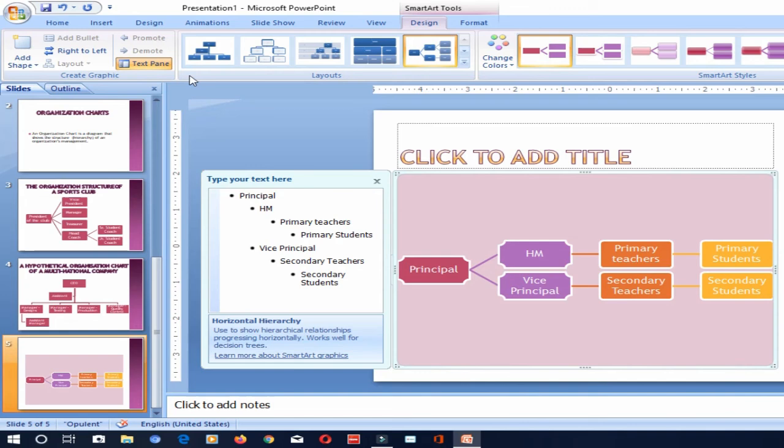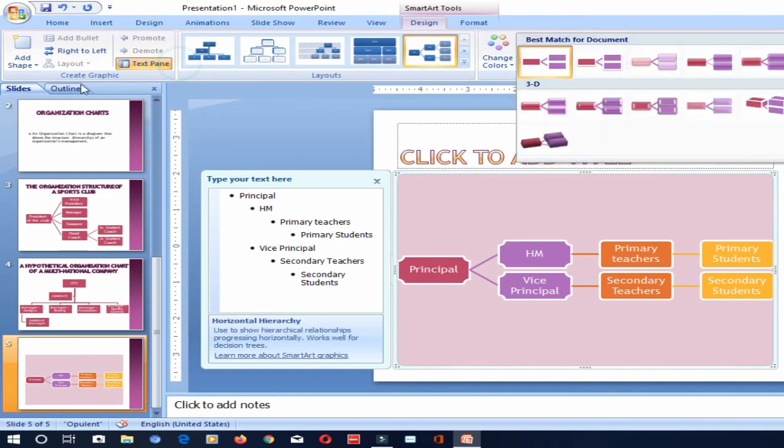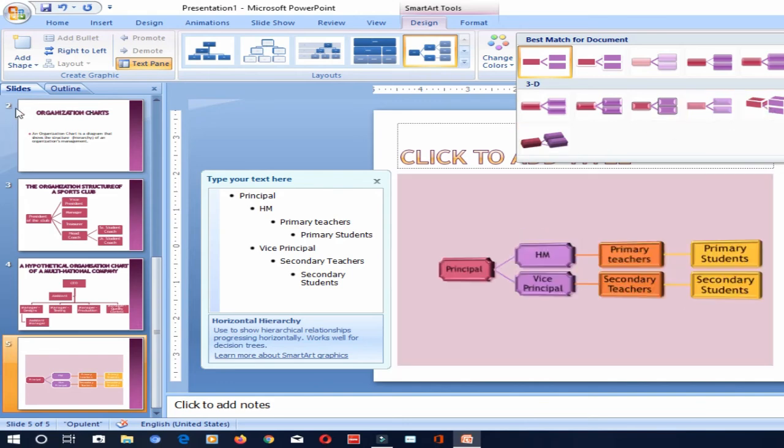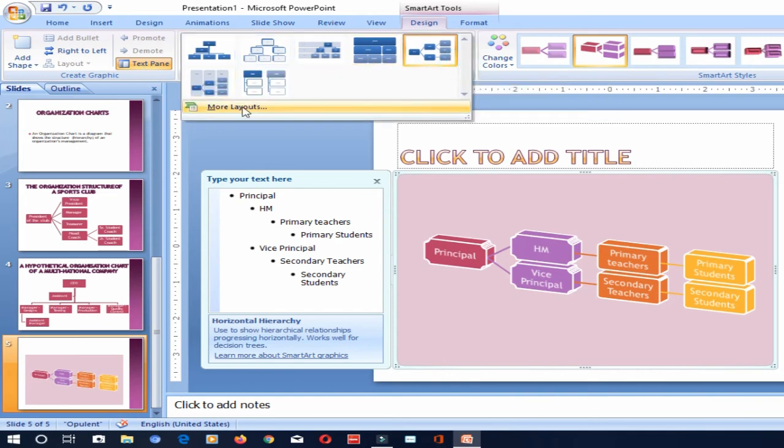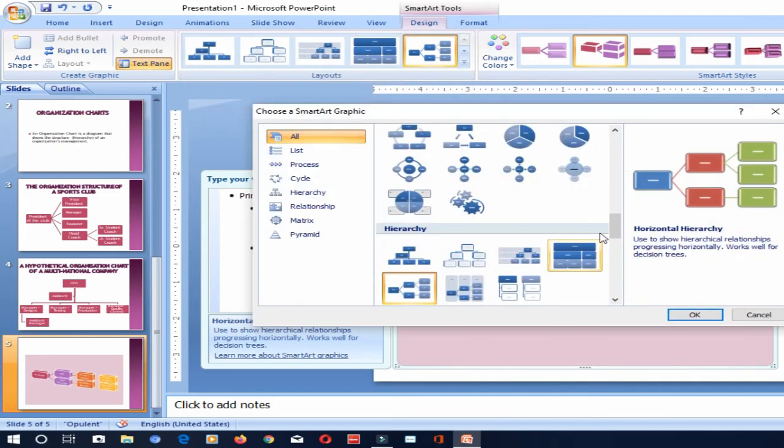Okay, if I wanted to change the style of your Smart Art graphic, what can I do? Same in the Design tab, Smart Art Styles group, I can click on any of the styles over here. If you wanted more styles, I can click on this arrow, it will show me more styles. I can just click on any of the styles and I can change it. Okay, if I want to change the design itself, from here in the layouts group, you can change the design itself. If I want more layouts, it will show you like this. Same, the choose a Smart Art graphic option will be coming up here.